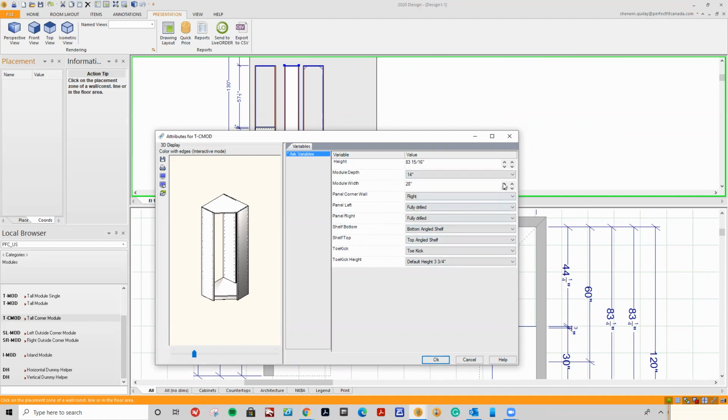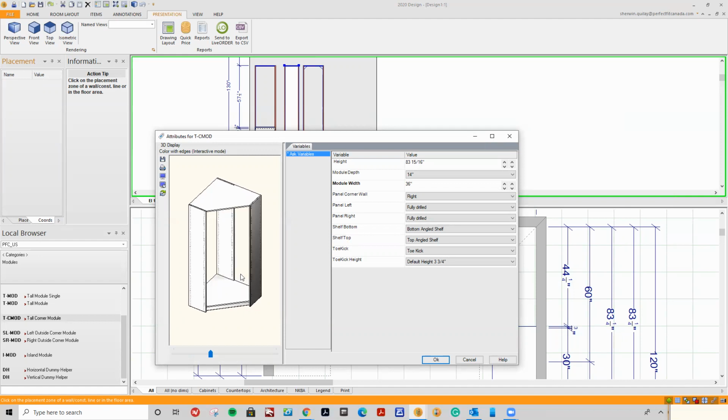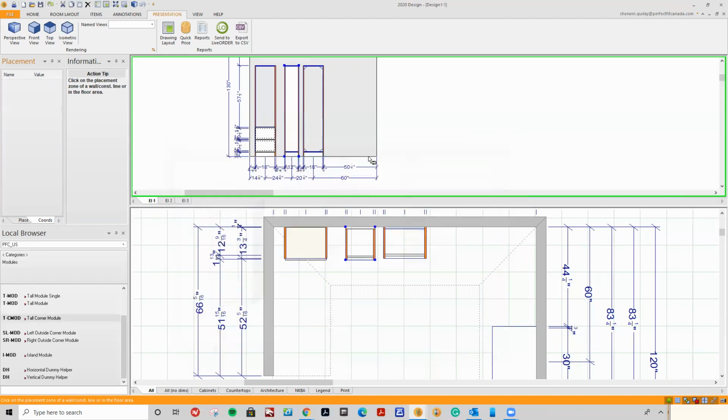So if we drop this in, I'll make this one 36 inches wide, so you can see it a bit better here. There is no reason to put an applied back because we'd have to put an applied back at the very back here and the back here. Because our CNC machine systems are not set up, there's no reason to put an applied back here because we already have a 3rd panel in place. And that's the reason why we did not in manufacturing place an applied back option for a tall corner module. If I drop it into place here,